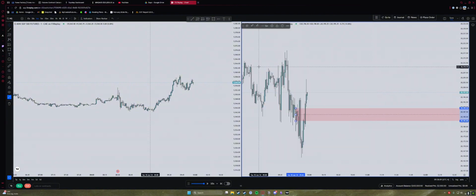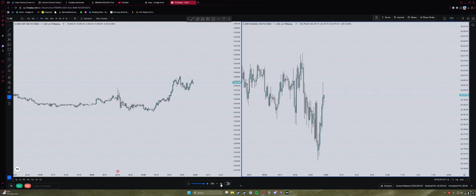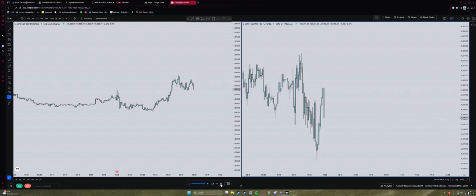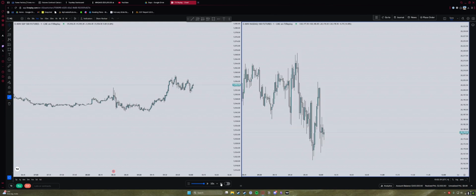ES and NQ are very uncorrelated. SMT with the highs, might look for something down. Yeah. Okay, wait. If we don't take that low and we go up again,